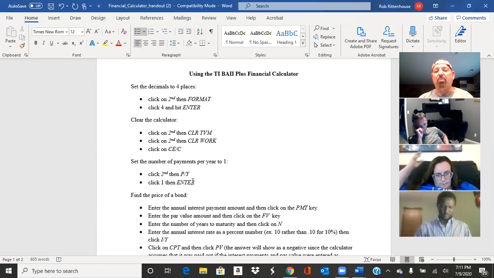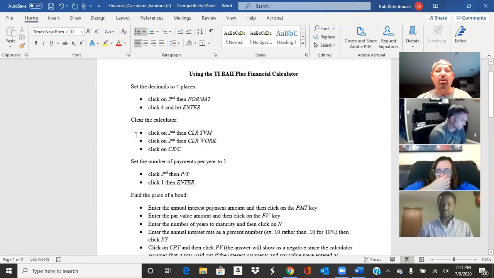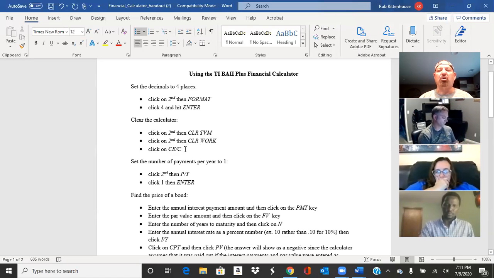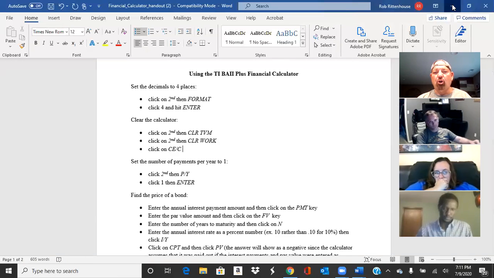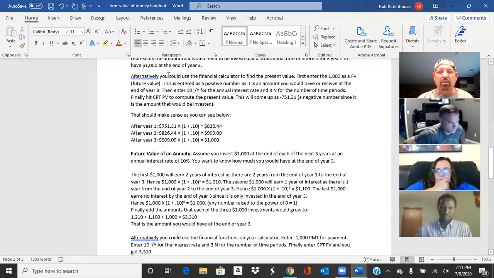So I'll show you how to do it, but on the test, you're only going to have annual payments, just so you know. Okay, but for now, make sure your time value function is cleared on the calculator following these steps. And you need to do that every time before you start a brand new problem, okay? So, getting back to this,